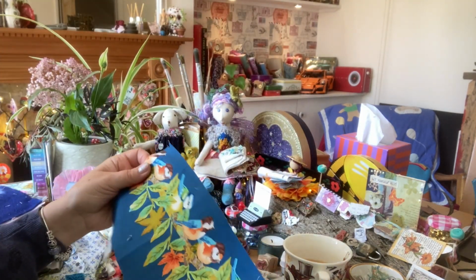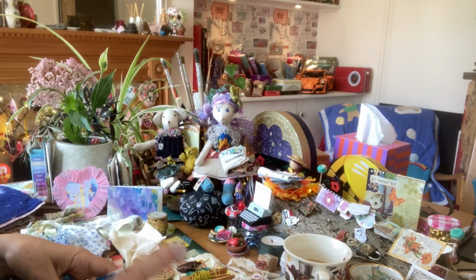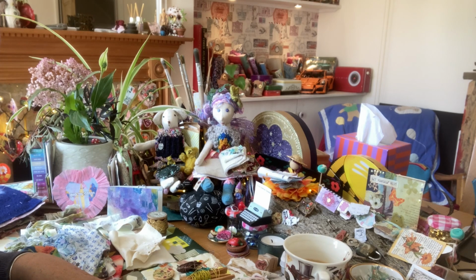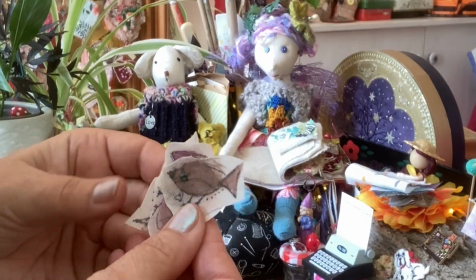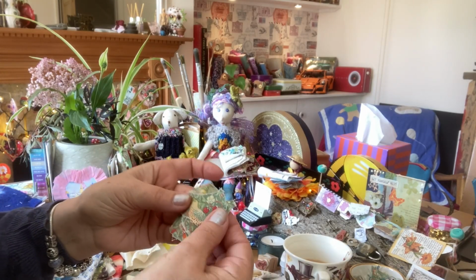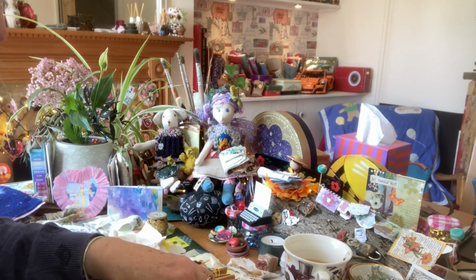So I'm going to cut out one of these little birds for our postcard. Now, don't worry if you haven't got a bird like that. We painted some birds on a video the other day, or you may have some tiny ones on fabric. But do you remember when we